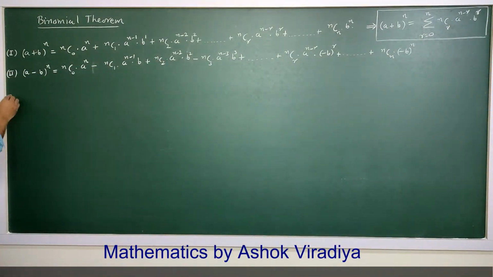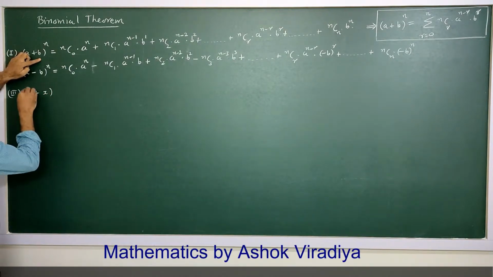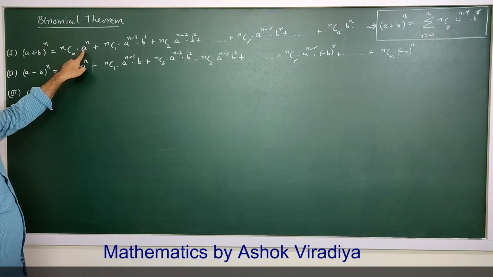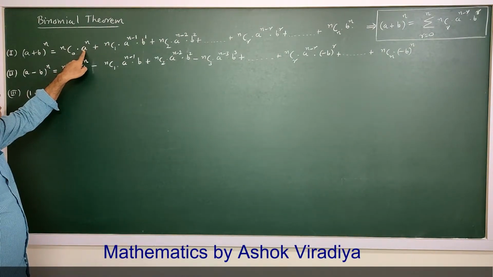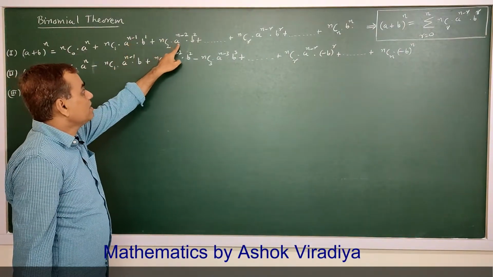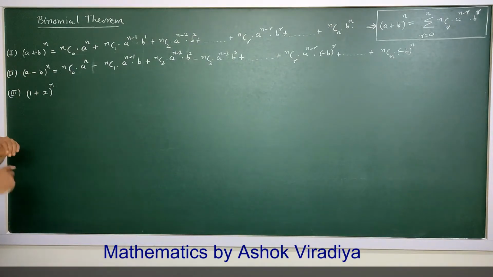Now see, in the first formula I replace a by 1 and b by x. So everywhere I replace a by 1. 1 raised to n is 1, 1 raised to n minus 1 is 1, 1 raised to n minus 2 is 1. So wherever a is given 1 raised to anything, it will be 1. So it is equal to